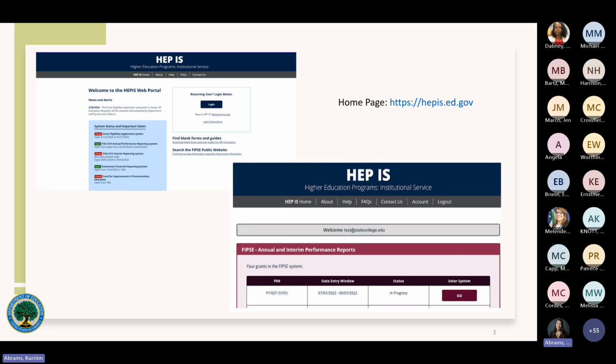So on the left-hand side, you'll see the main page for the HEPIS system once you click on that link, hepis.ed.gov. And this is what will pop up, and note under the login button is where you'll request an account if you've never had a HEPIS account or logged in before. But please be sure to include your PR award number in the request so that your grant can be added